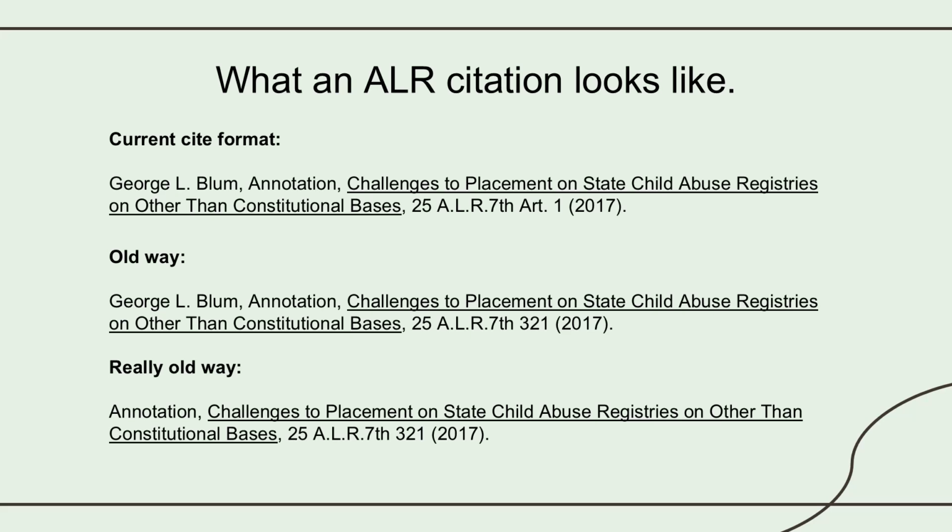And then down at the very bottom, just in case, if you see a citation that looks like this, you'll notice there's no author name. That's because back in the very, very old days, they did not tell you the name of the author of the individual annotation, and you just wrote the word annotation. So you just left the author's name off at the beginning. So if you see one of these cites, you'll know you're looking at a cite to an annotation. You'll see it provides you with the volume number and which series, and then either the page number the annotation begins on or which article in that volume it is, first, second, third, and so forth.